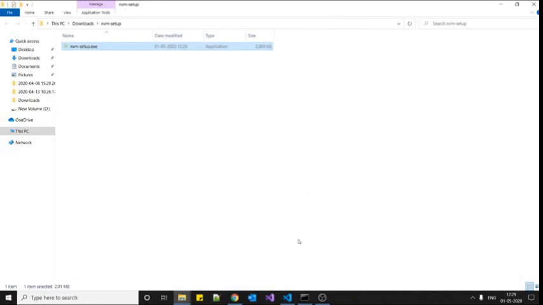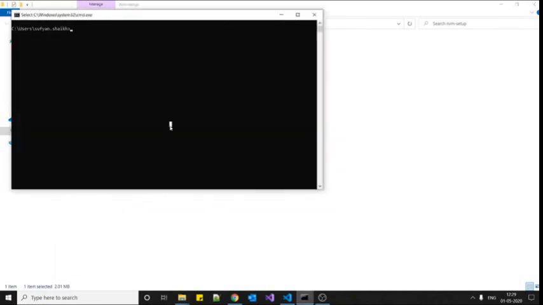After getting installed, you can go here and type nvm list. It will list all the Node versions that you have installed. Currently I have 4 versions of Node installed on my machine, which are 12, 10, 8 and 6. If I want to switch between versions, then I have to use the command nvm use, and I'll say 6.17.1, and I'm now good to go. I can type node -v, and it will give me the Node version that I am